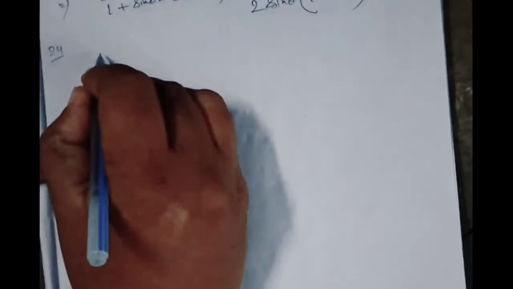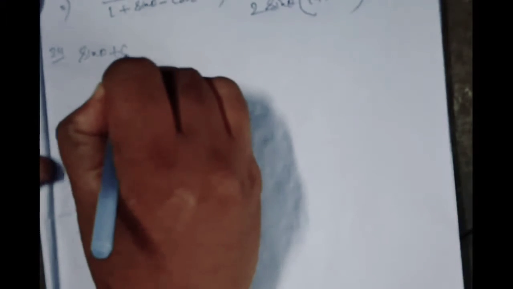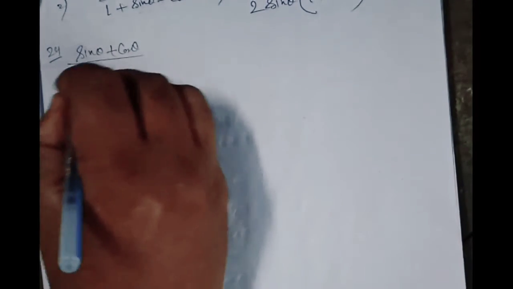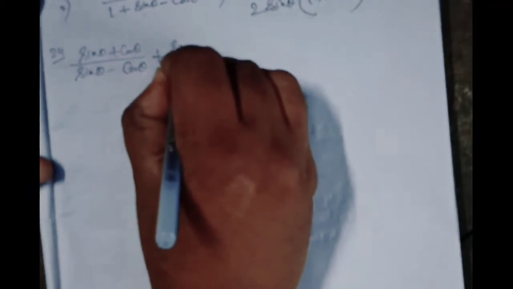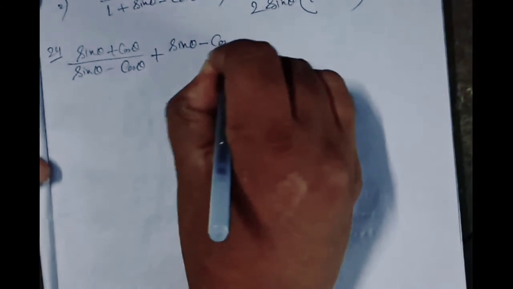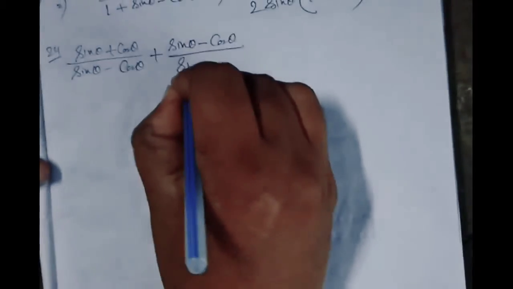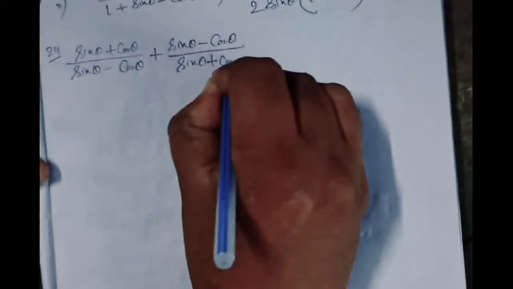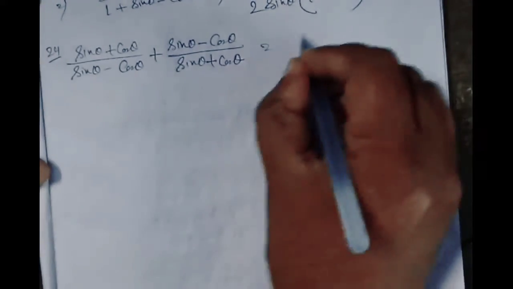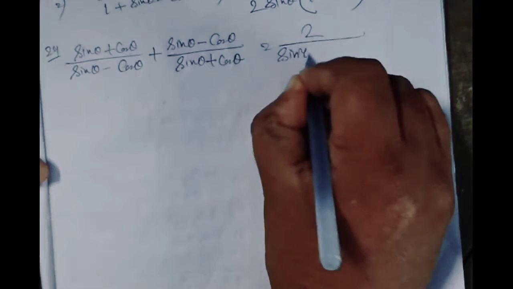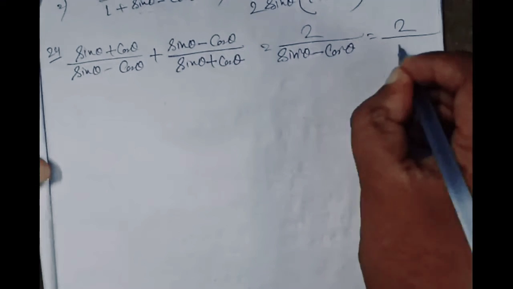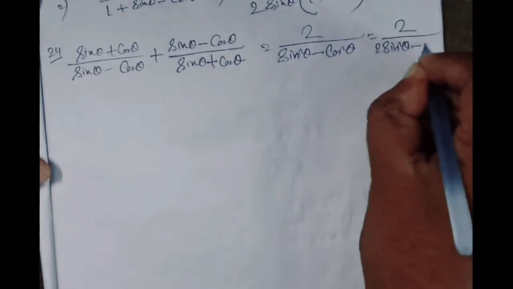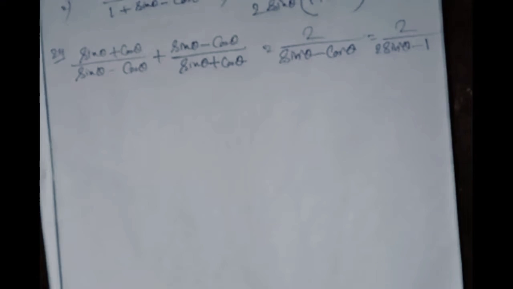Question number 29. (Sin theta plus cos theta) by (sin theta minus cos theta) plus (sin theta minus cos theta) by (sin theta plus cos theta) equals 2 by (sin square theta minus cos square theta), which equals 2 by (2 sin square theta minus 1). Okay. Now